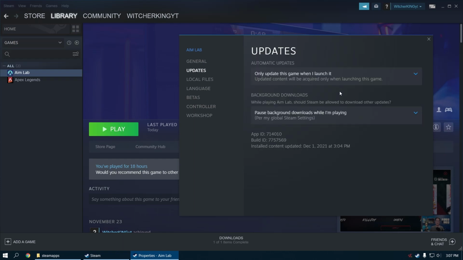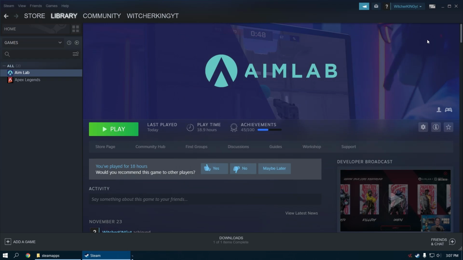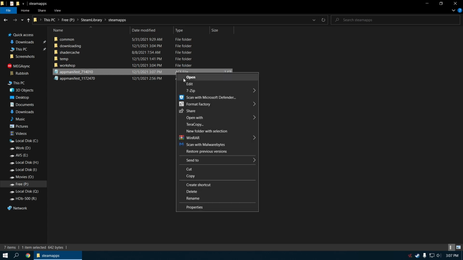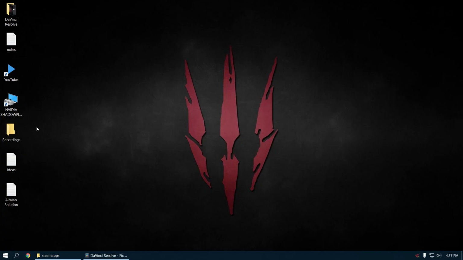Now, can you believe, because of this little app manifest file of 1 KB, just 1 KB, Steam told you to re-download a game of 20 GB, 50 GB or 100 GB. It is totally insane. So, avoid this mess altogether. Copy your app manifest file of the game.